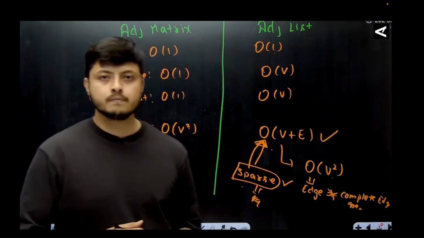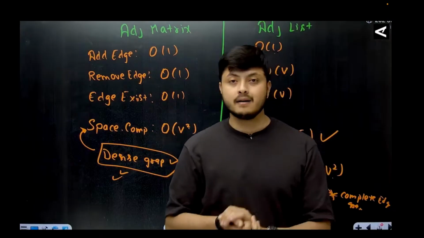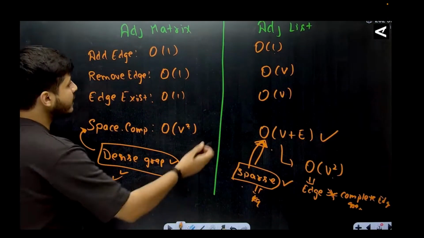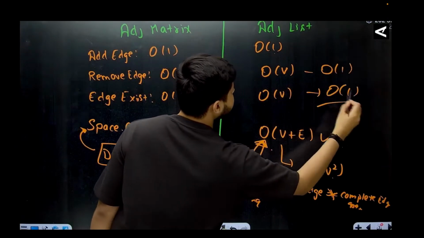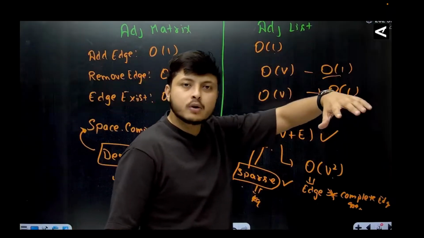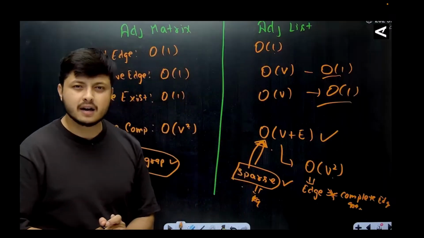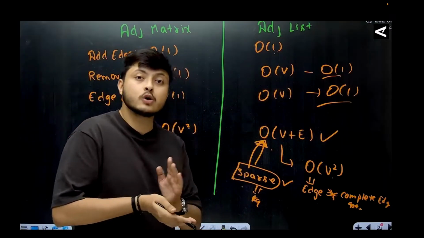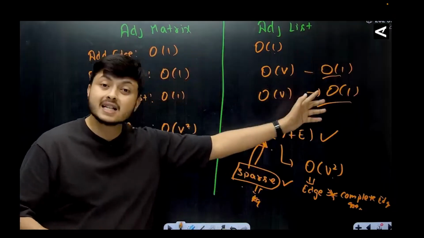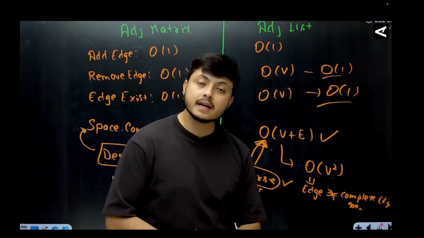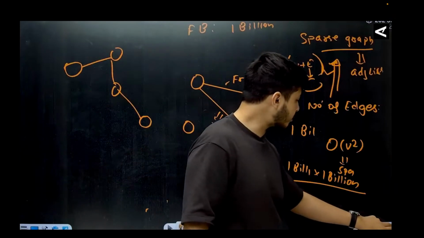अब मैं अगर आपसे बोलूं कि हमारे पास कुछ स्टैंडर्ड टेम्पलेट लाइब्रेरी हैं, एसक्यूएल वगैरह, जो इंट्रोड्यूस होंगी तो वो इसको भी ऑलमोस्ट ऑर्डर ऑफ वन तक ले आएंगी। इसलिए आगे वीडियो में जो क्वेश्चन करेंगे उसमें हम एडजेंसी लिस्ट को ही ज्यादा प्रेफर करते हैं। अनऑर्डर्ड मैप वगैरह यूज करूं तो यही काम मैं ऑन एवरेज ऑर्डर ऑफ वन टाइम में कंप्लीट करा सकता हूं। वो कैसे होगा, उसके लिए थोड़ा इंतजार करना पड़ेगा।